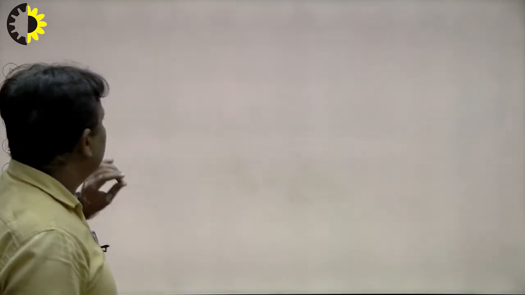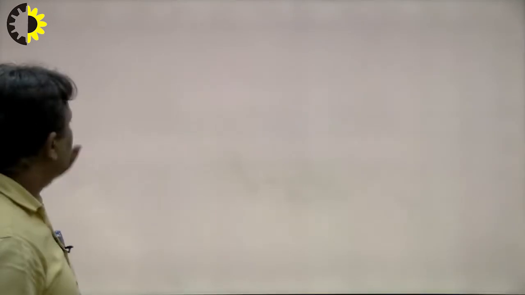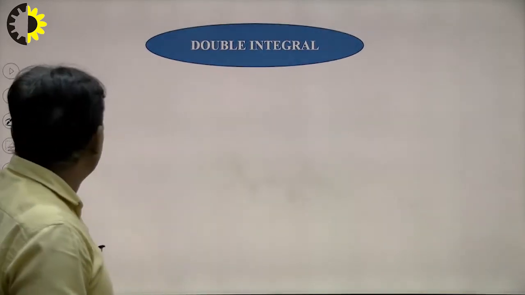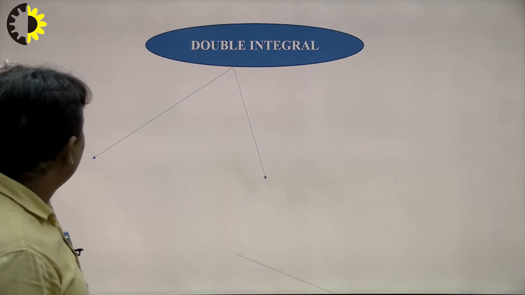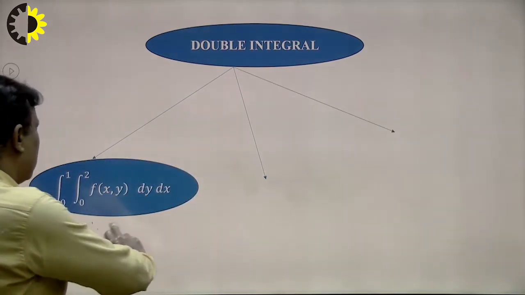But the question is, what is the need of double integration and why do we use double integration? In the previous lecture I explained there are two types of double integration. First of all, how to get the double integral, right. There are three parts in this procedure. What is the procedure? First of all, in this integral both limits are constant.